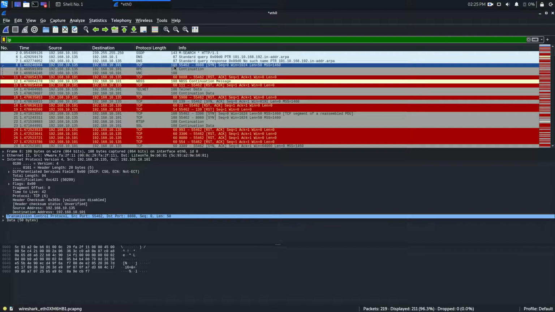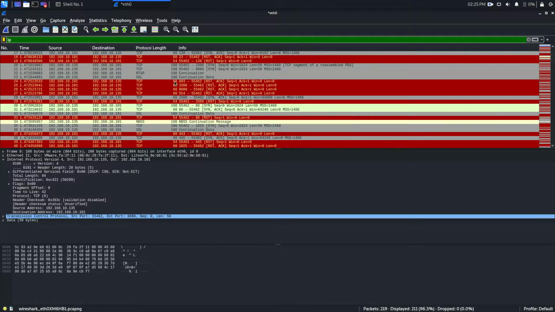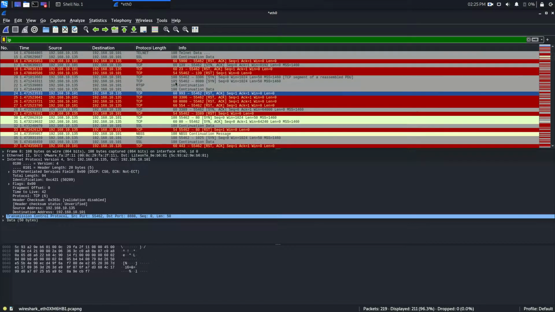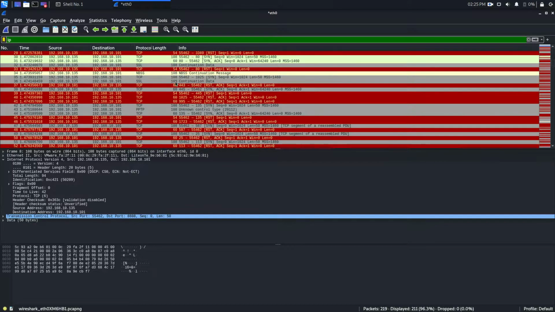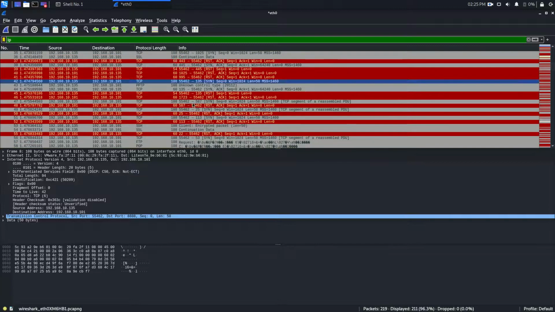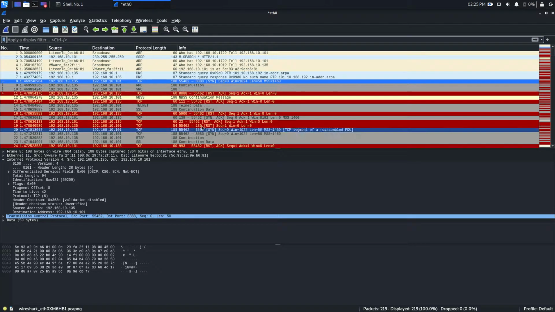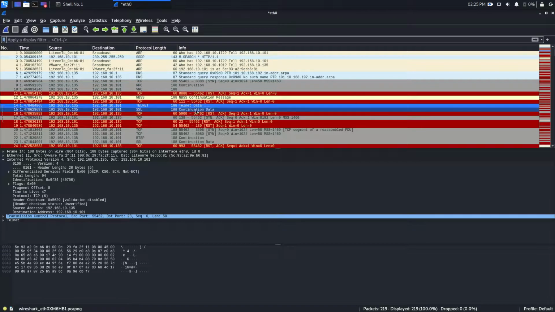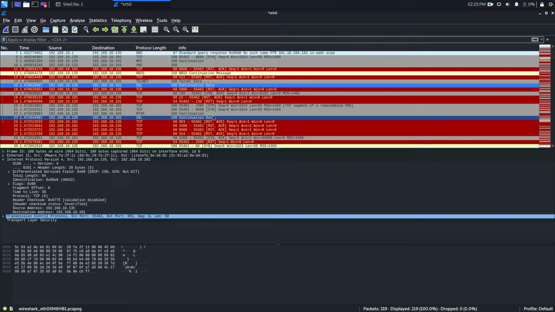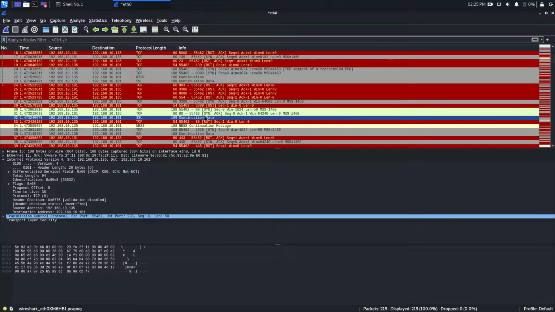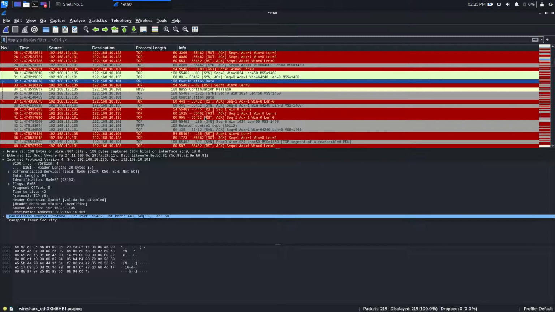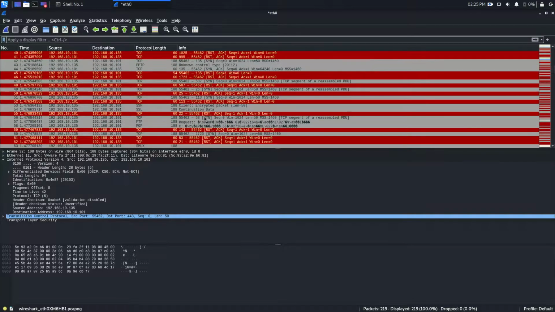But another thing I want to show you, if you scroll down, you will find many things like telnet data, configuration data, and continuation data, because you are adding more bytes, and somewhere here you will find the request.